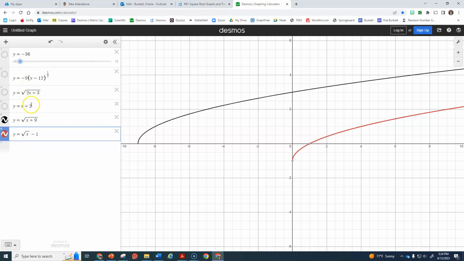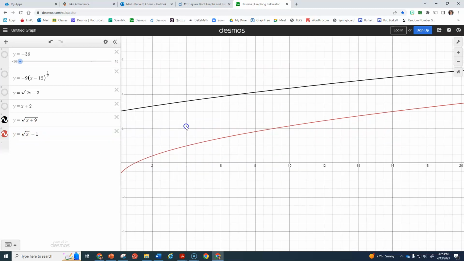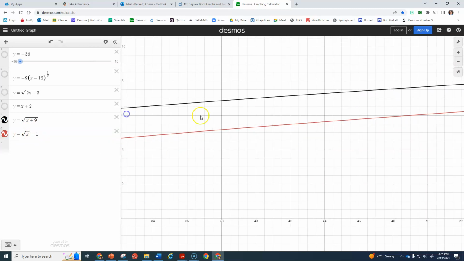Sometimes they work with the y equals, sometimes they don't. It's just easier to always put y equals. So there's the y equals x plus square root of x plus 9. Here's the y equals the square root of x minus 1. And you see that they never